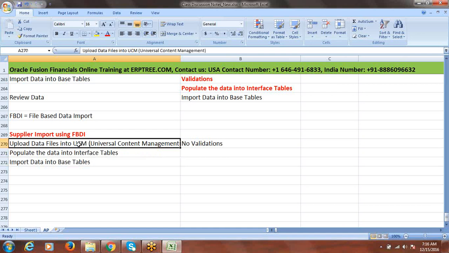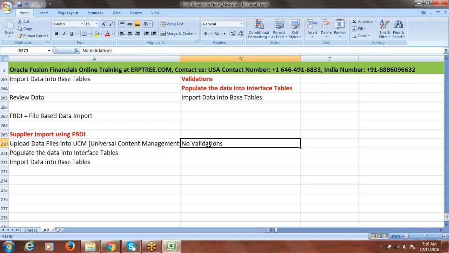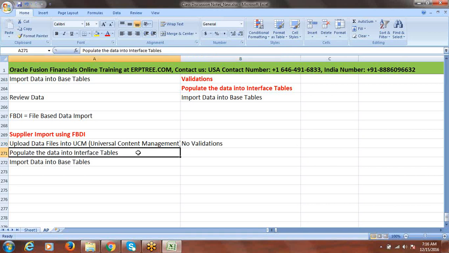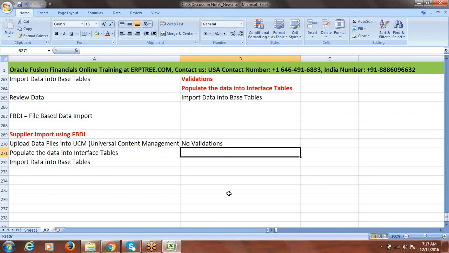When we talk about supplier import, first the file will be loaded into UCM. When you load the file into UCM, it doesn't matter what data you have within the file, the system won't conduct any validation. The next step is we populate the same file into interface tables. When you populate the data into interface tables, here the system will conduct